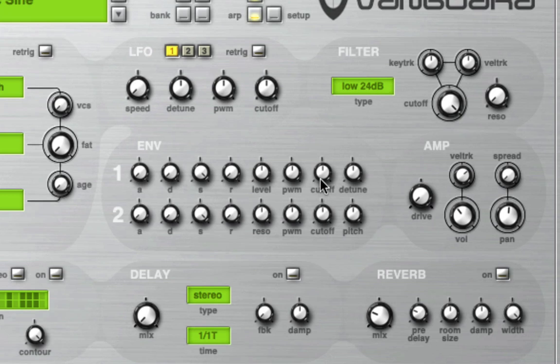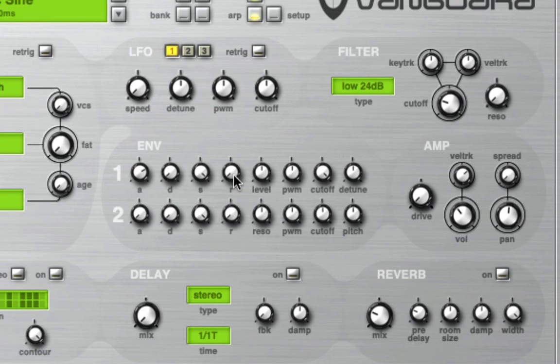Now what I want to do is actually I want this cutoff to open over time, so I want the filter to kind of open up. So I'm going to affect the cutoff to a positive level, so I want the cutoff to open up. So what I'm going to need to do to start with is close the filter, and then what I can do is have it happening over time. So I'm going to move up the attack phase,